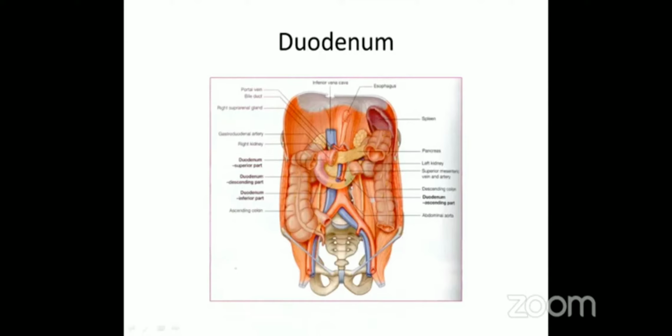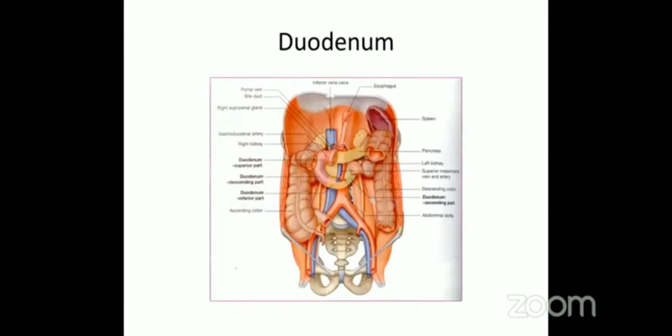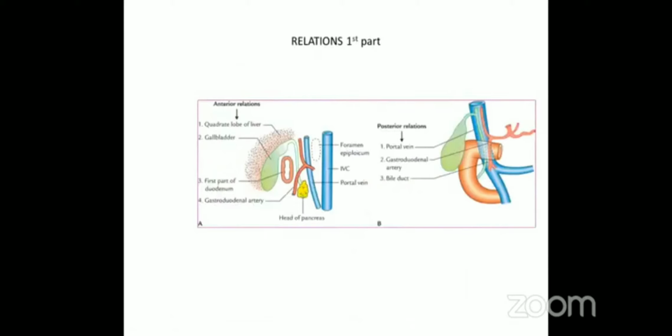Again, there can be an essay on the duodenum, having gross features of the duodenum and relations, blood supply and all. So now when you see this diagram, you may find it difficult how the relations you have to remember. So see this diagram, this is a very, very important diagram which will help you to understand the relations. If you can correlate the previous diagram, anterior relation will have, of course, the liver, the quadrate lobe of liver and the gallbladder mainly, while posteriorly it is the portal vein which is going towards the liver.